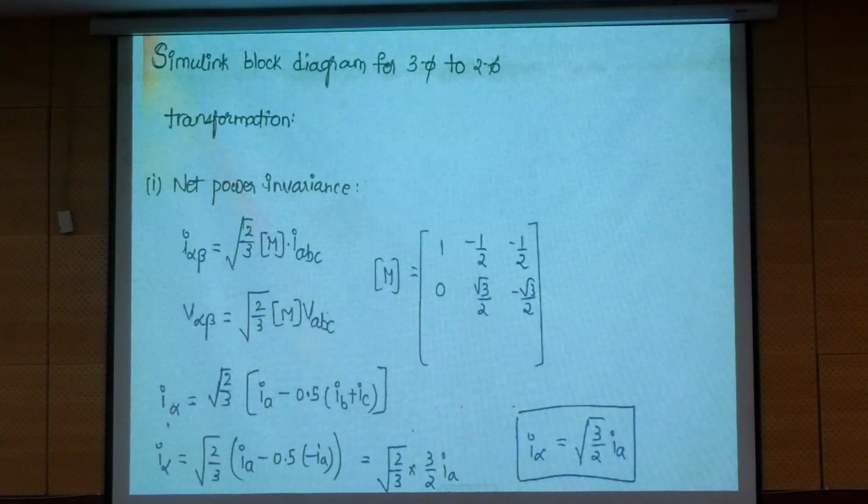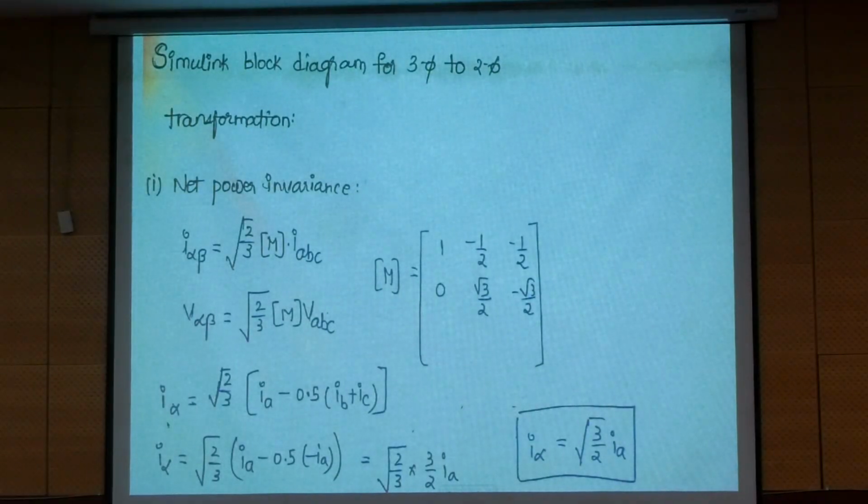I alpha, I beta are unknown, V alpha, V beta are unknown. So, by using the transformation matrix, we can derive the unknowns in terms of known values. To find the unknowns, we can solve the transformation matrix, so that you will get